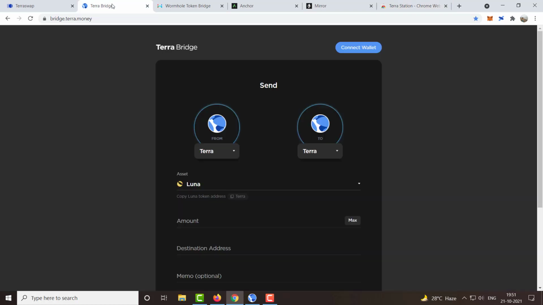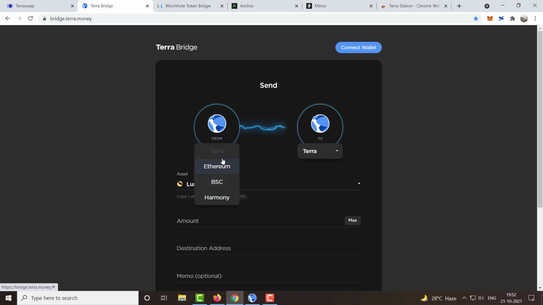There is another way that is called Terra Bridge. So here what you will be able to do is, you can select Binance Smart Chain. Like if you have some tokens on Binance Smart Chain, you can go over there and you can buy UST. So basically UST is the transaction payment mechanism on the Terra ecosystem. So you can buy some UST on DEXs such as PancakeSwap or 1inch on Binance Smart Chain, and after that